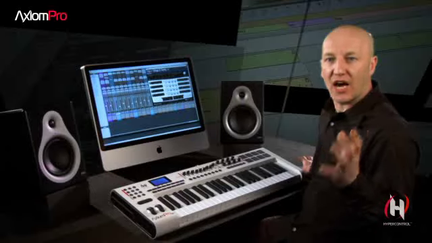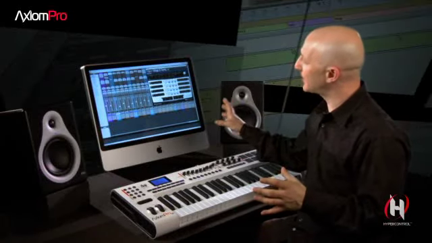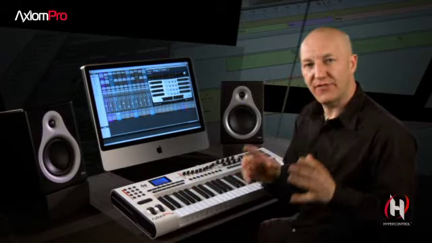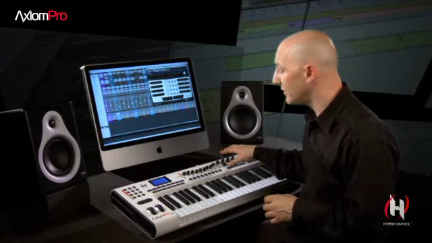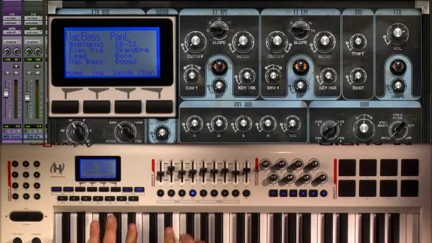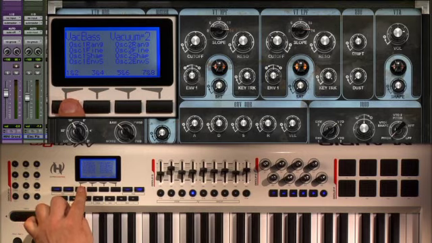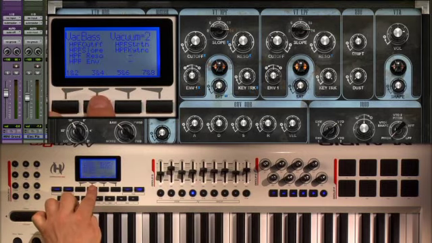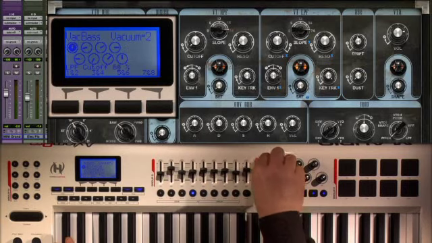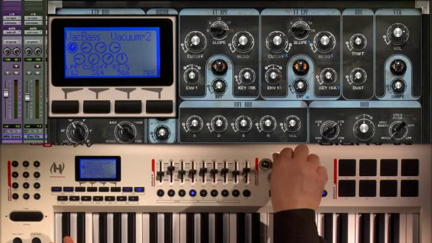Now, one feature that I like is that if you access the parameters of your virtual instrument while you're in instrument mode, you can flip the parameters from the encoders over to the sliders. So for example, here's my Vacuum bass track. Okay, going to enter instrument mode, find my filters. There's my high pass, there's my low pass, and then it's right there on encoder number 1. There's my slope,